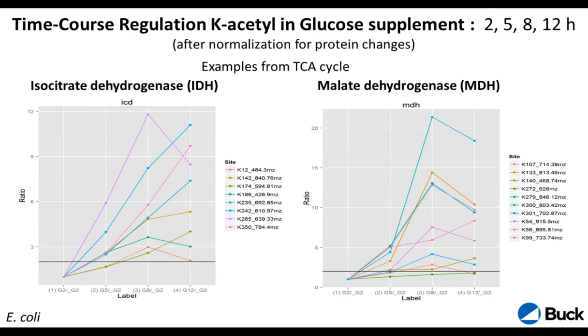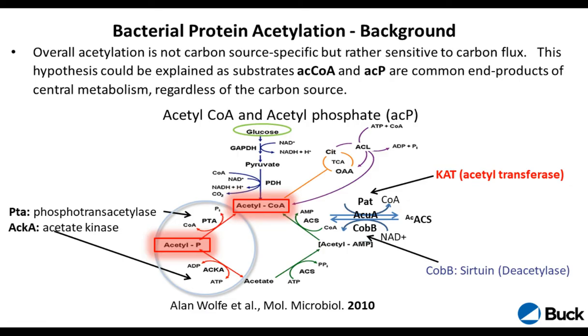But I wanted to show you a couple of different examples, and Matt referred to this earlier. These antibodies work on mouse, they work in bacteria, and here I wanted to show you one slide on how we work a lot on protein acetylation in a bacterial background. It's interesting because in bacteria you have different mechanisms. There's acetyl-CoA, and there's also something called acetyl phosphate, which doesn't exist in higher organisms like mammals.